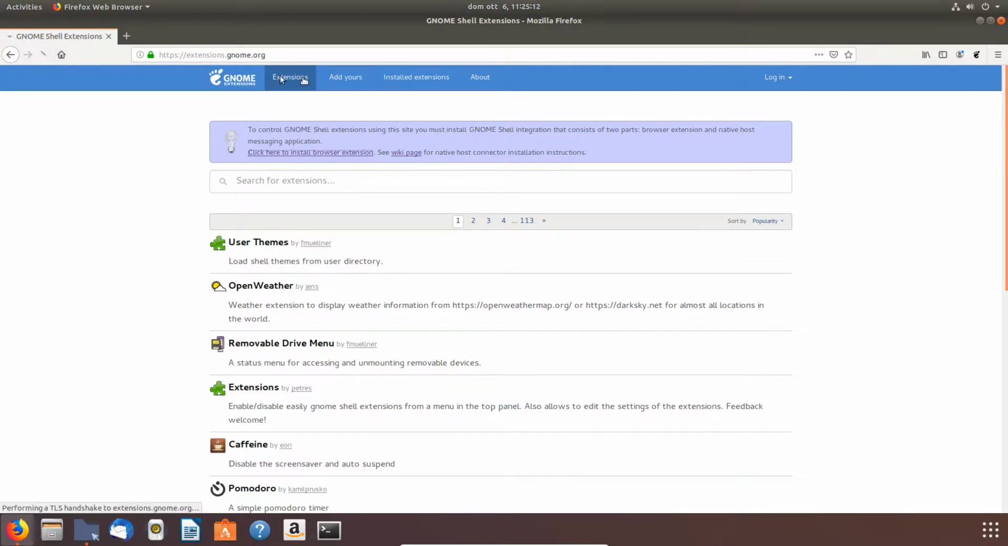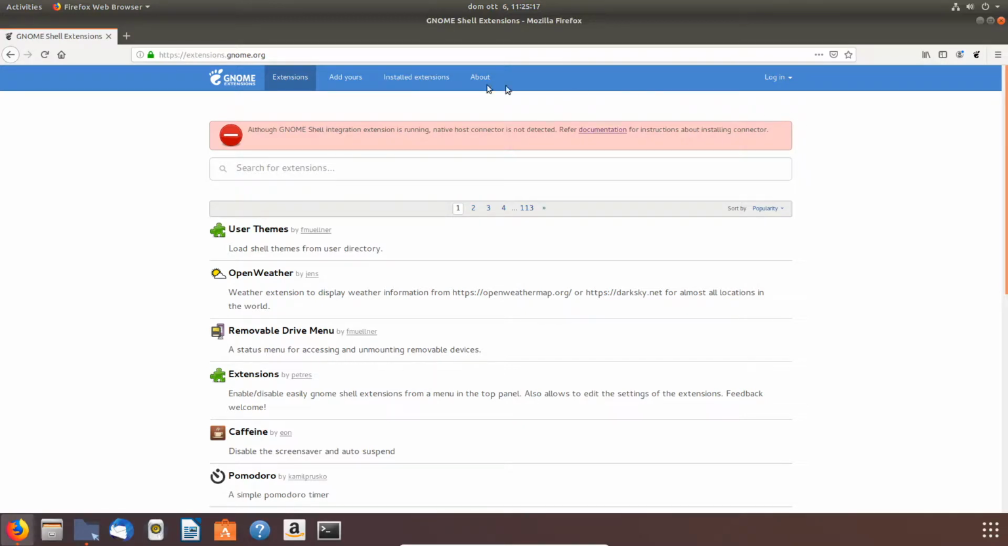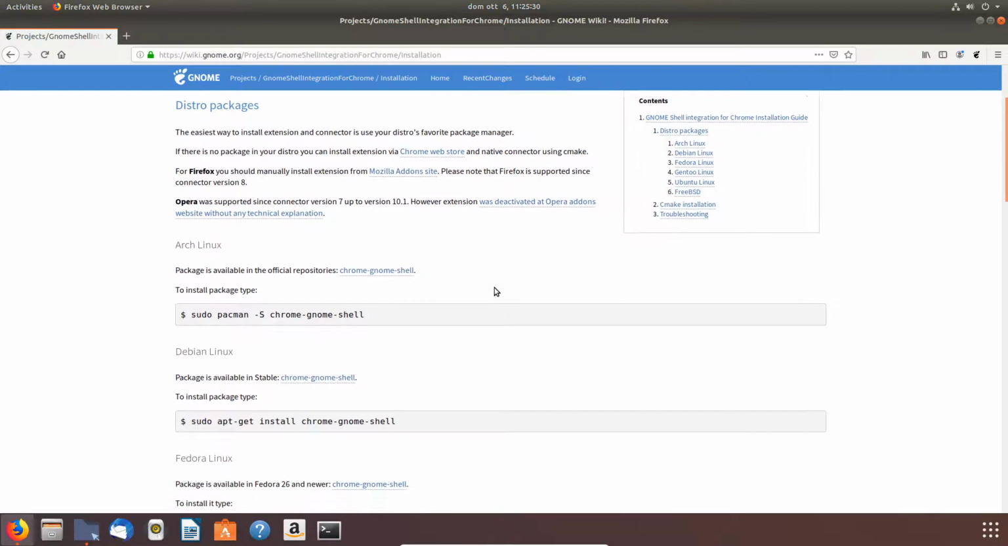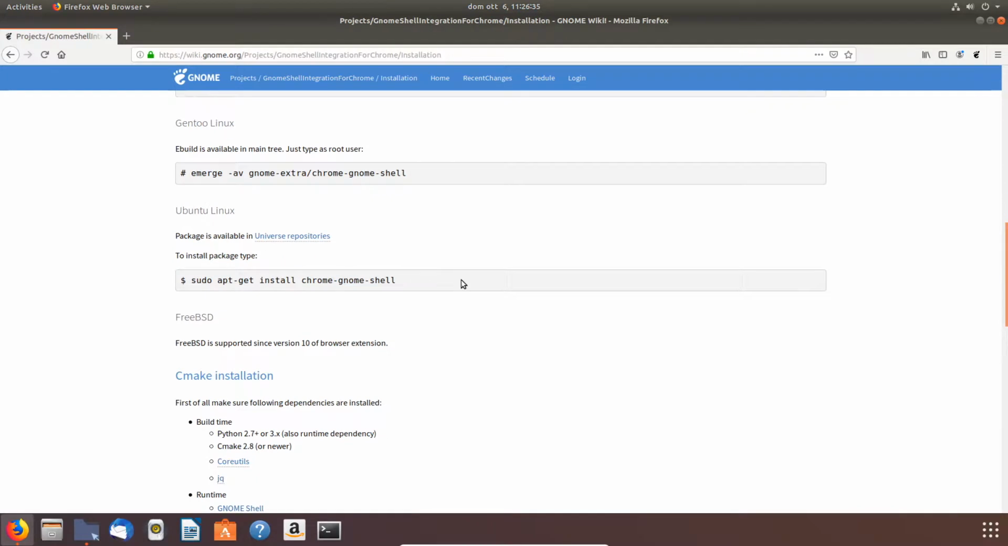Now we refresh the page. Okay, there is another note here that's actually telling us that we have to do something else. So we go to the documentation, and in the documentation we see that this add-on for Firefox requires an extra module for our system, our Linux installation. So it's just enough to copy this line here and